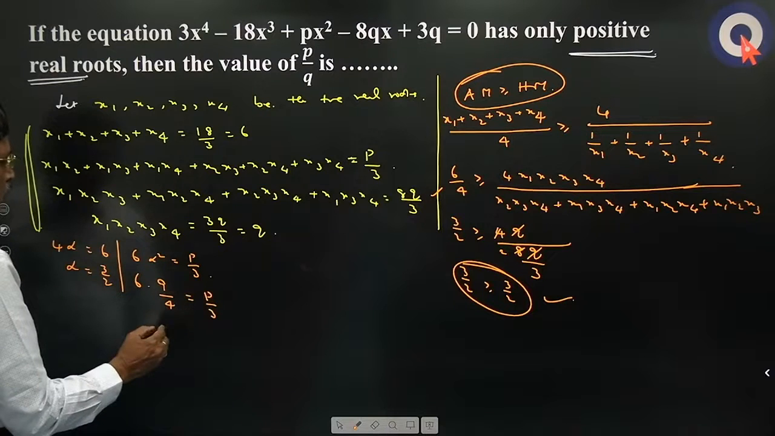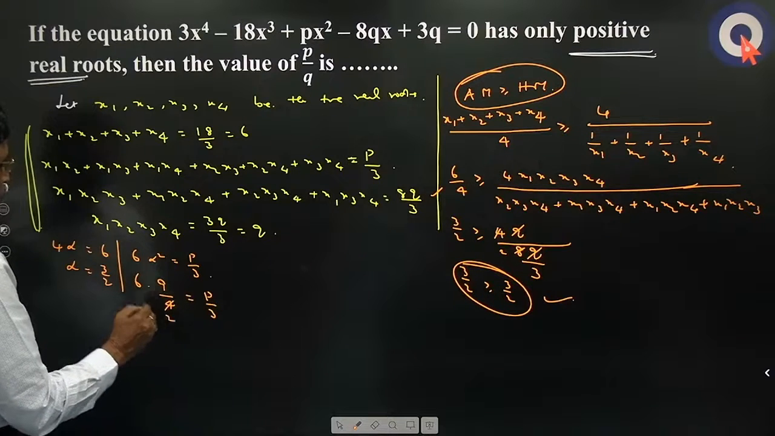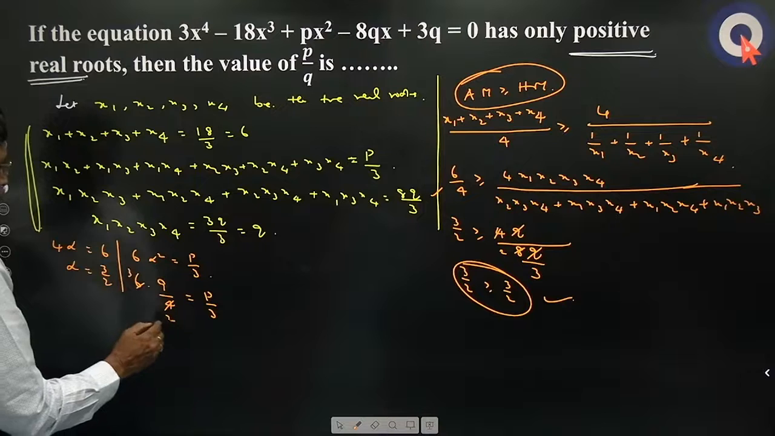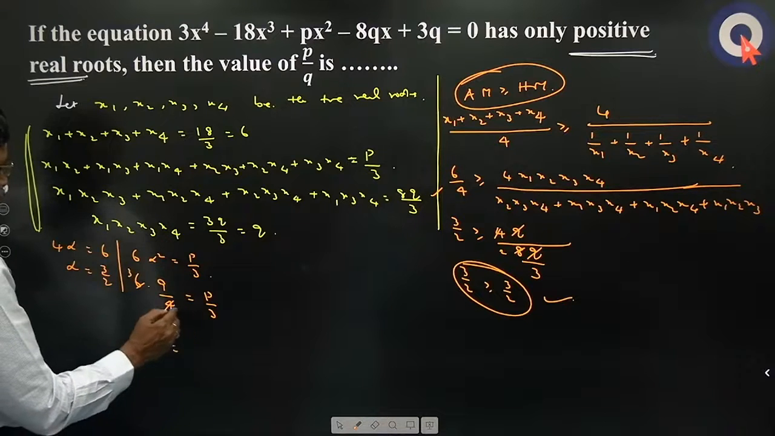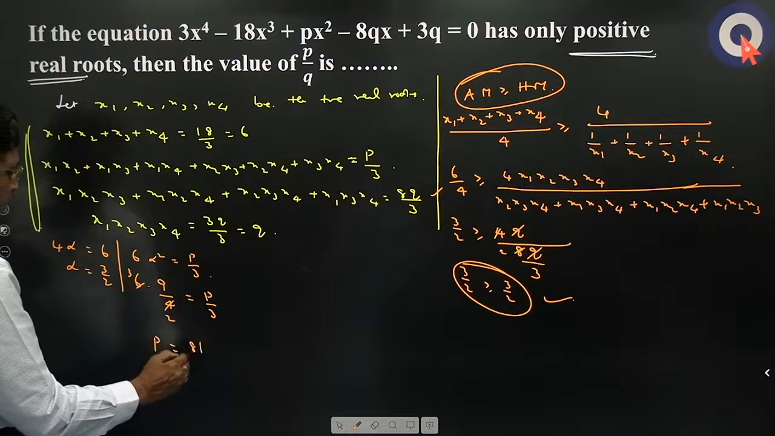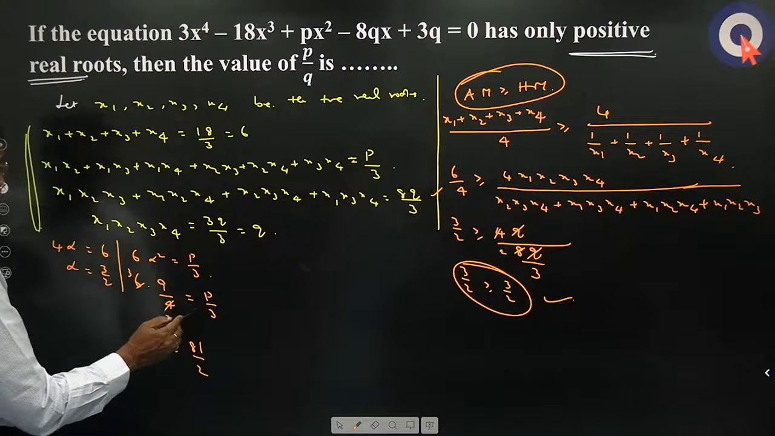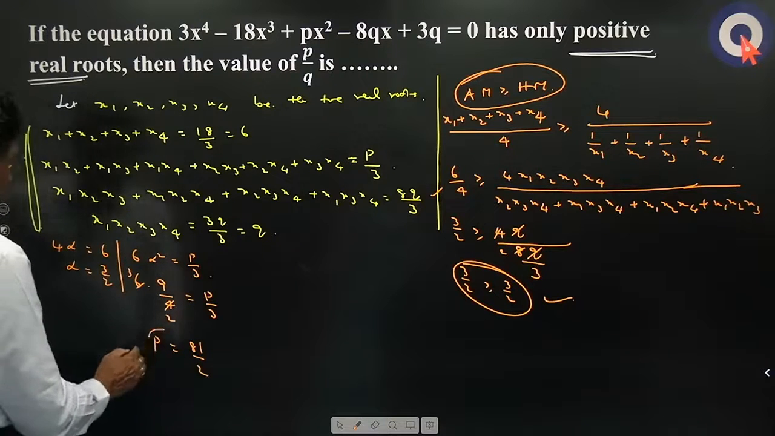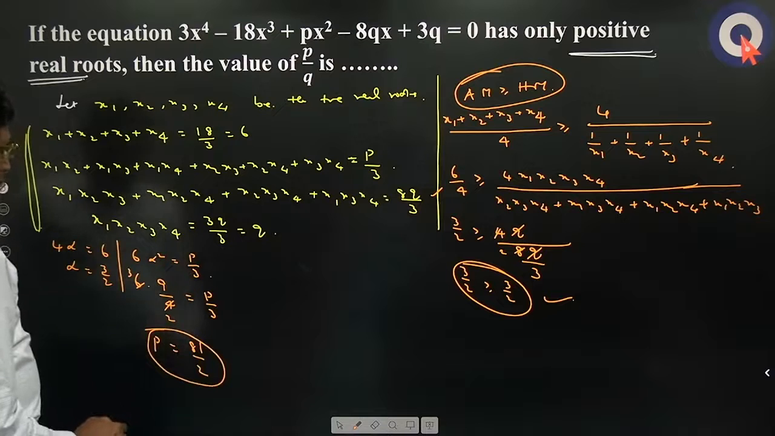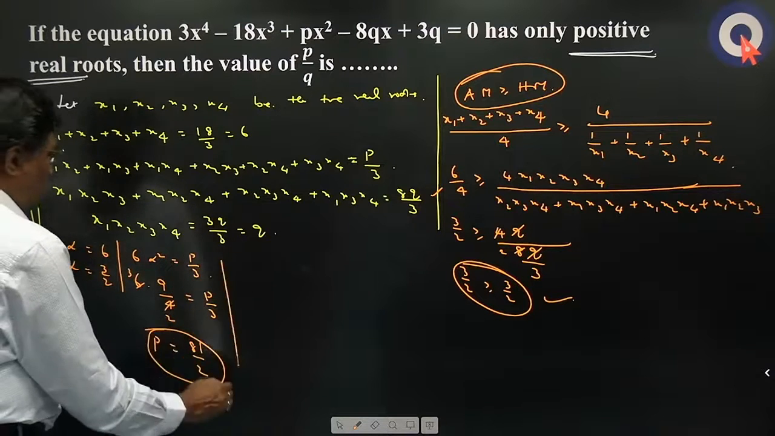So therefore, p is equal to 9 into 9, 81 by 2. P is equal to 81 by 2. So this is the value of p. And then we need to get the value of q also. So for that,